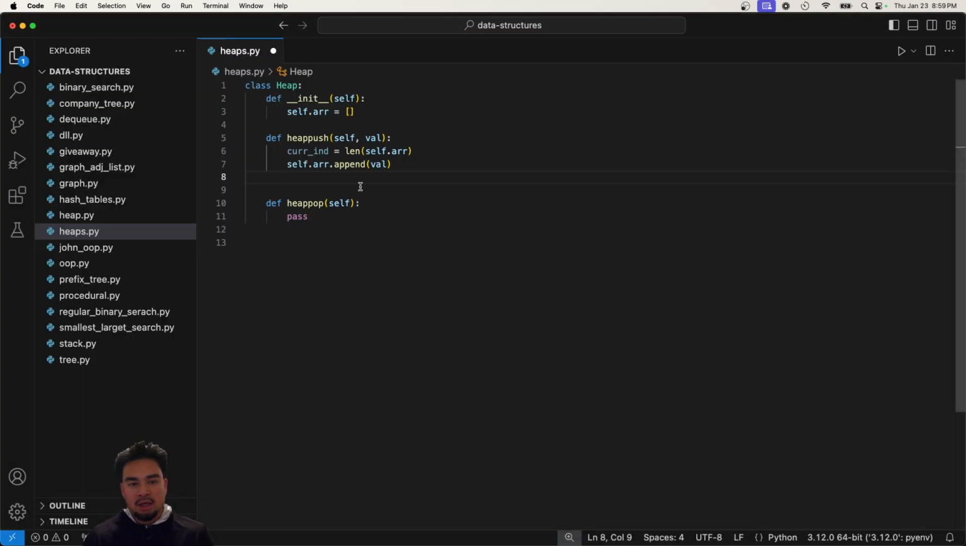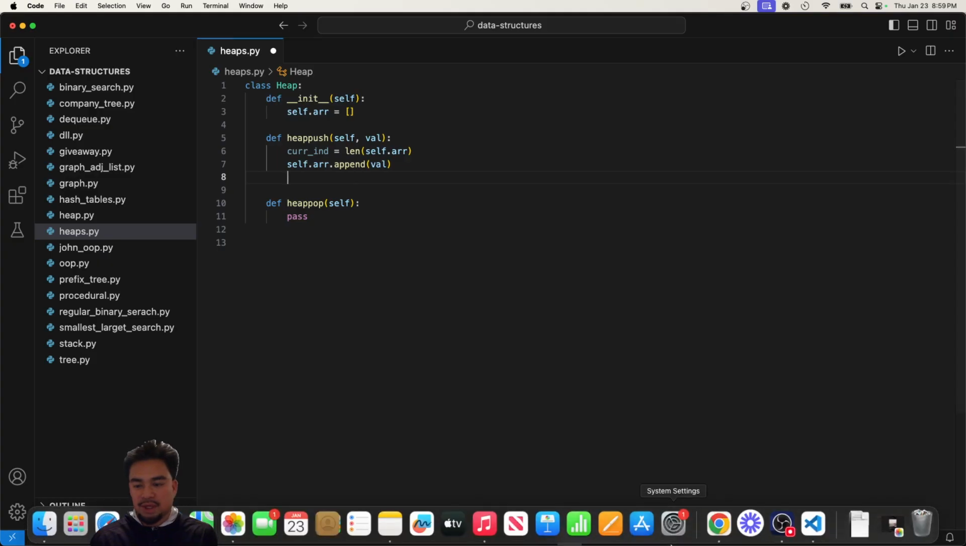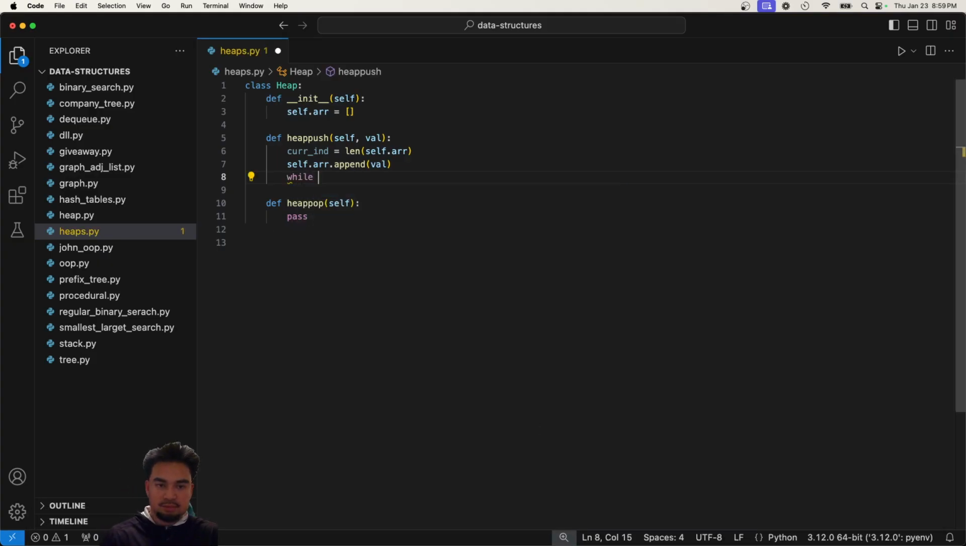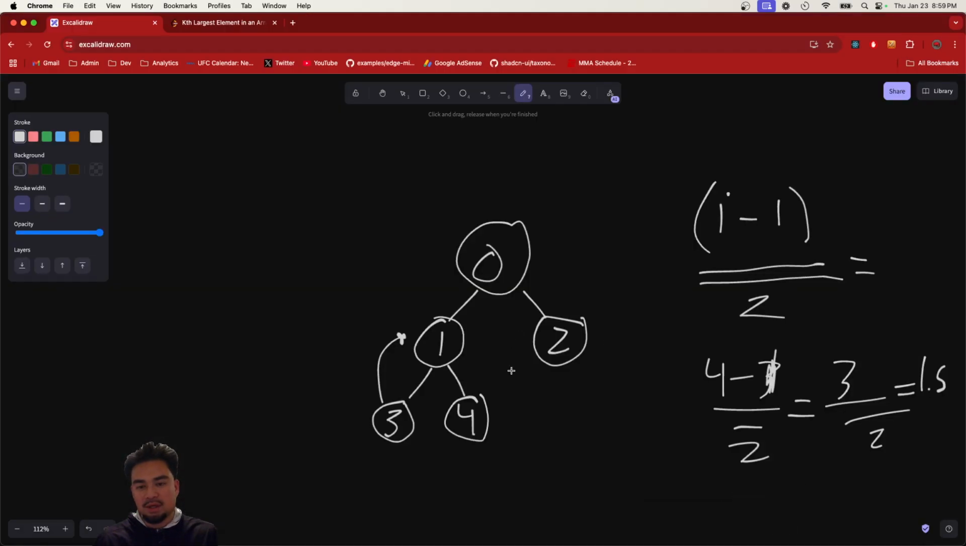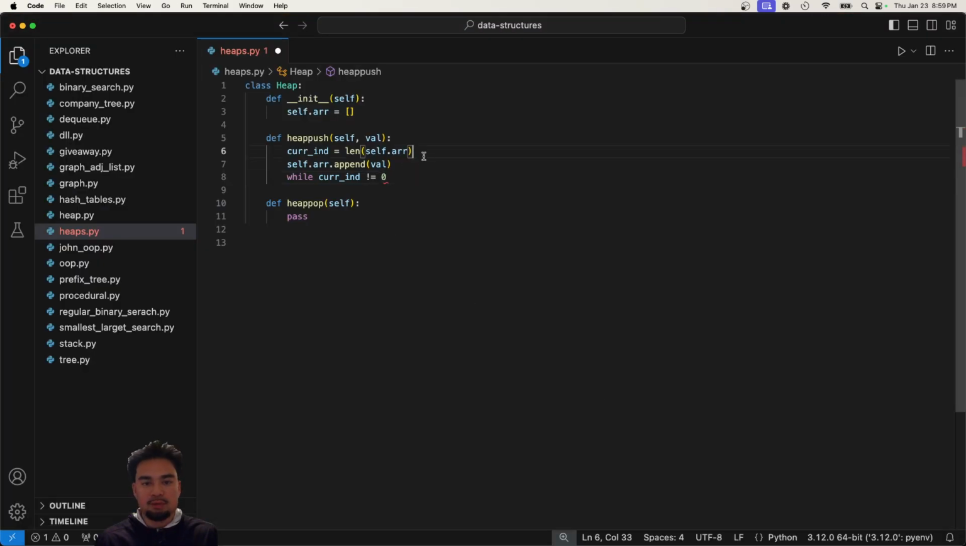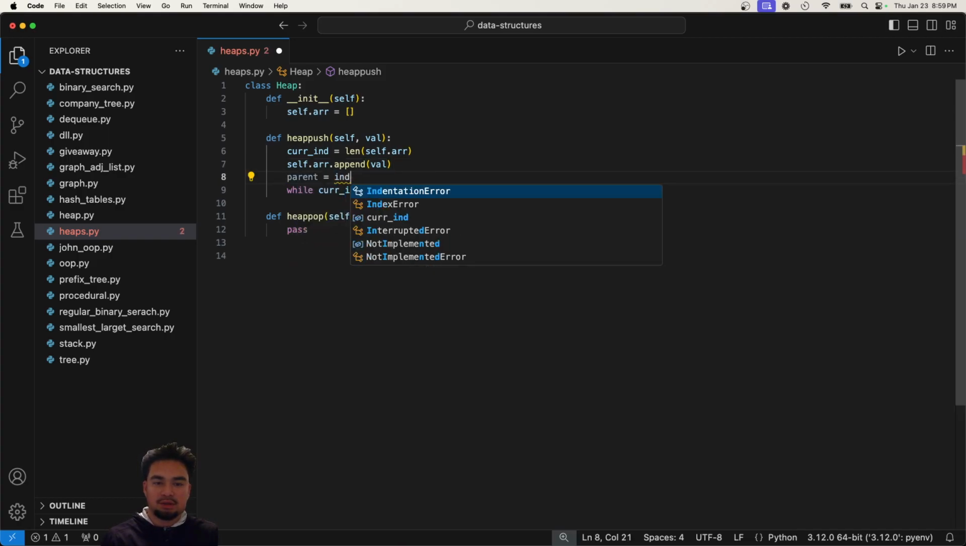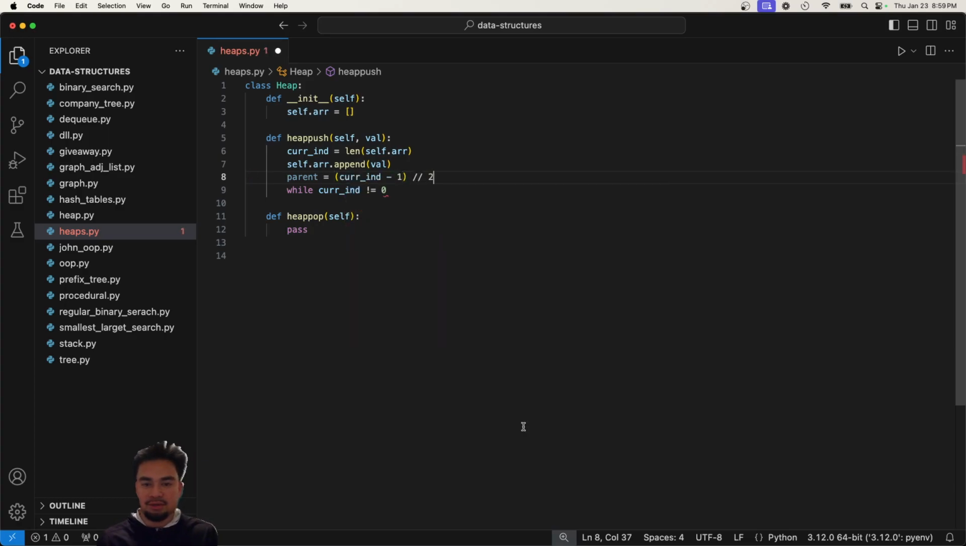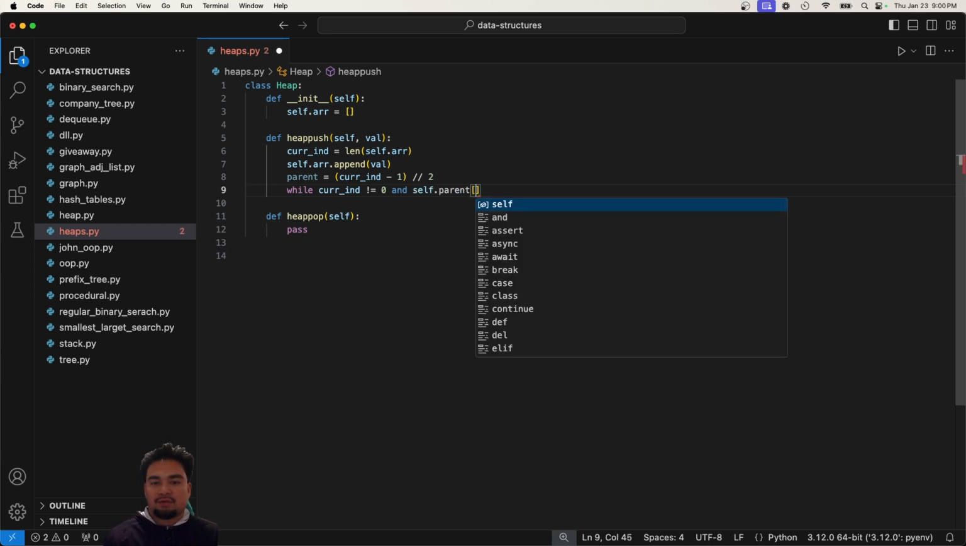So let's just implement that. Basically what we said is while the current index is not equal to 0, that means we're not at the top, and then we'll get our parent. Parent equals current index minus 1 divided by 2. That gets us our parent. While the current index is not equal to 0, and self.array of the parent